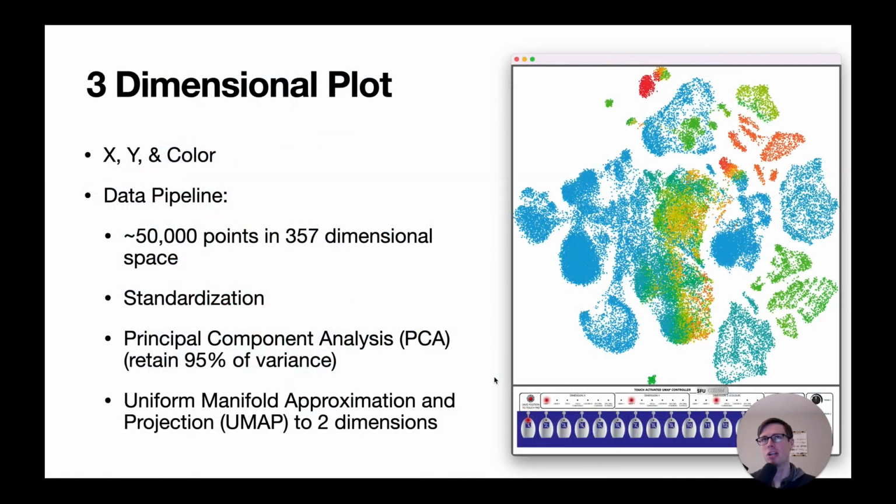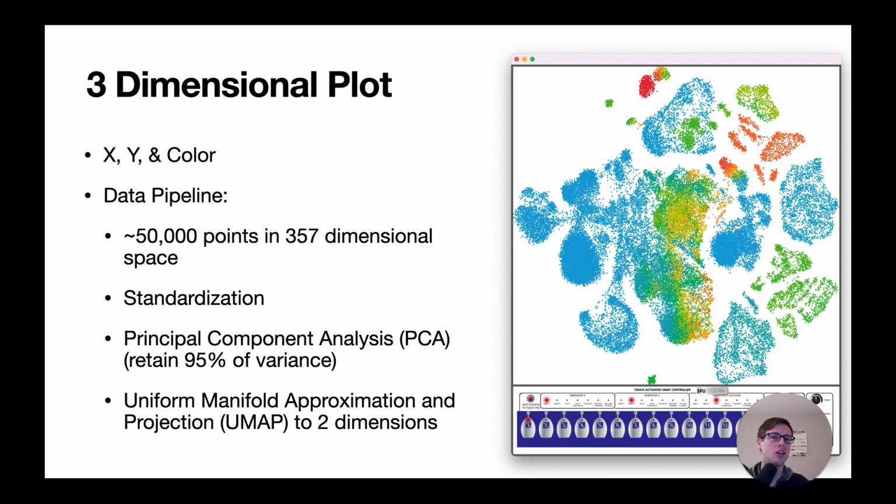The second way of interacting with these sound slices is through the 3-dimensional plot that is provided in the second window that you saw. The 3 dimensions here are the x-axis, the y-axis, and then color, which is available to represent a 3rd dimension of the data. The way that we created this plot was we took the 50,000 data points that are in the 357-dimensional space. We first standardized that data set to make sure that all of the ranges of the different dimensions were relatively similar and therefore would be relatively equally weighted in the distance measures that our data analysis would do further down